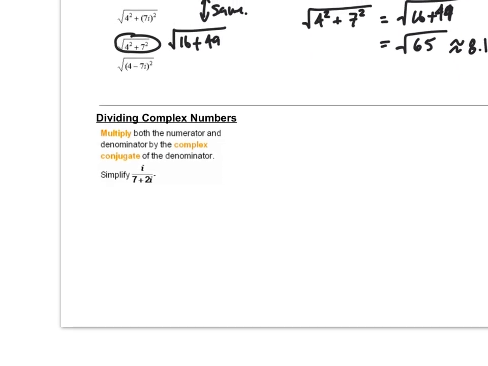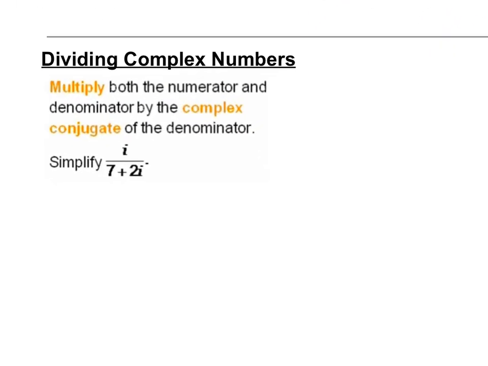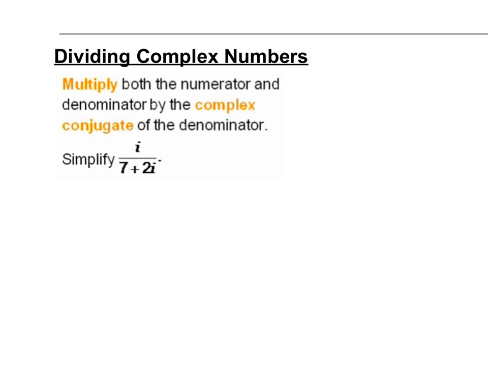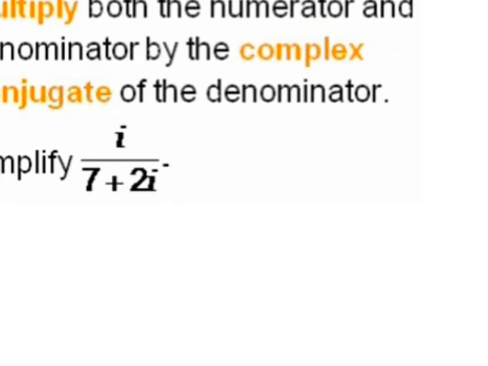The last thing I want to do is this thing called dividing complex numbers. Dividing complex numbers means that we want to simplify this. To simplify this and get i out of our denominator, we want to multiply the denominator by the complex conjugate. We're going to do that to the top and bottom. And the conjugate, remember, is just the opposite. It's going to be 7 minus 2i. And then the top part, we're going to do the same thing, 7 minus 2i. The reason why we do that is